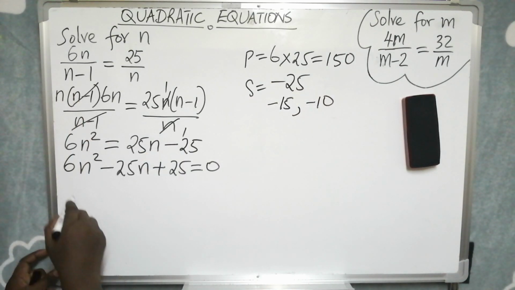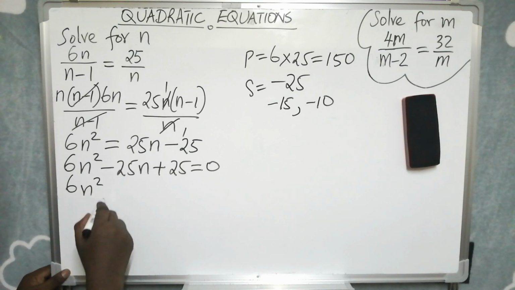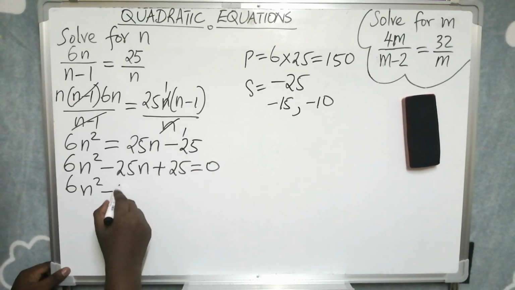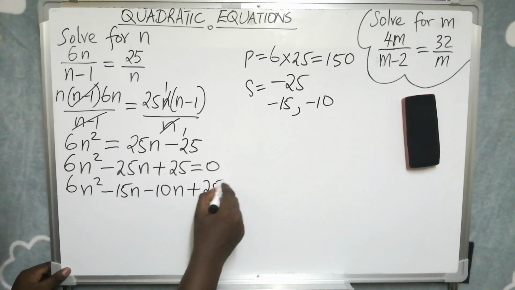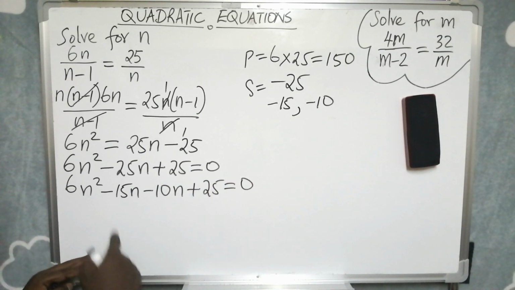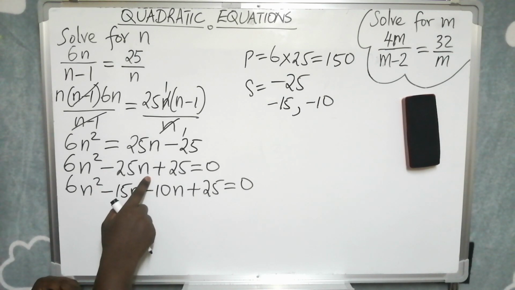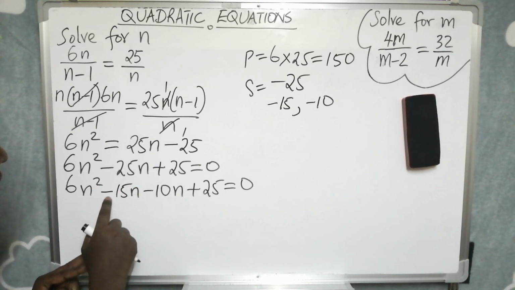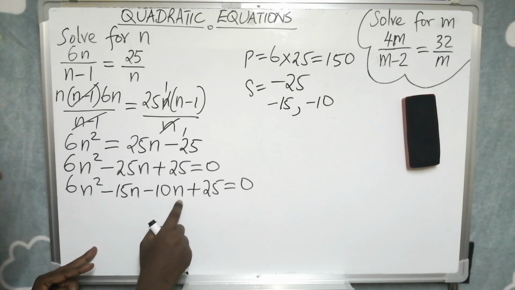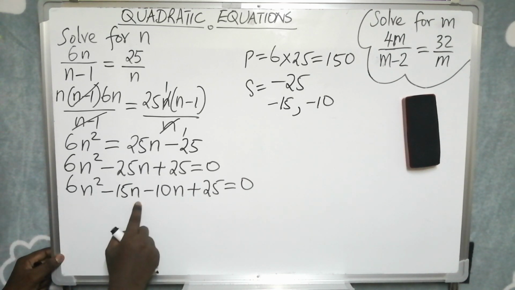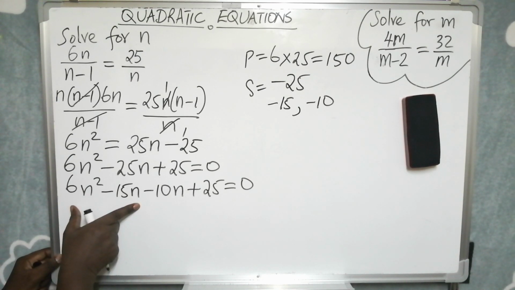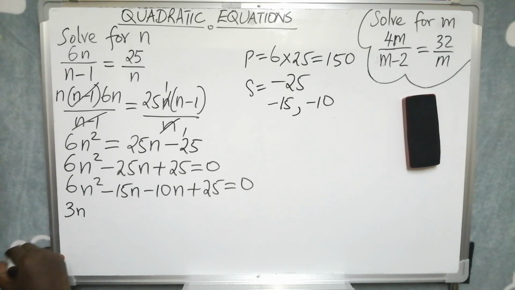Back to our equation, 6n squared, therefore, minus 15n minus 10n plus 25 is equal to 0. So negative 25n, we split it into two, so we have minus 15n minus 10n, and then we factorize by grouping, so that here we have 6n squared minus 15n, we check what's common, and we have 3n is common